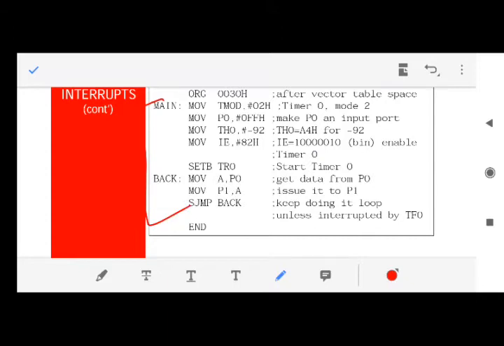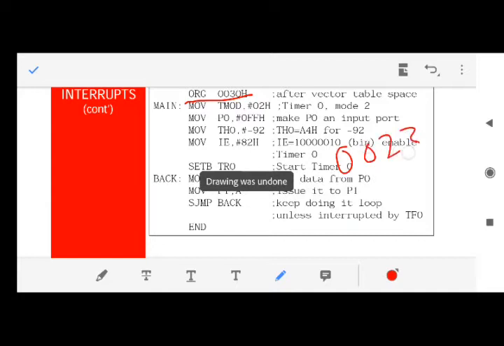First you write the interrupt, because in the ROM first there will be the interrupt service routines, and then there will be the main program. The main program you can write at any place after 0023h. Let's say you can start writing from this place also, but they have started writing from 0030. This is definitely higher than 0023. Fine. You need to take care of this.